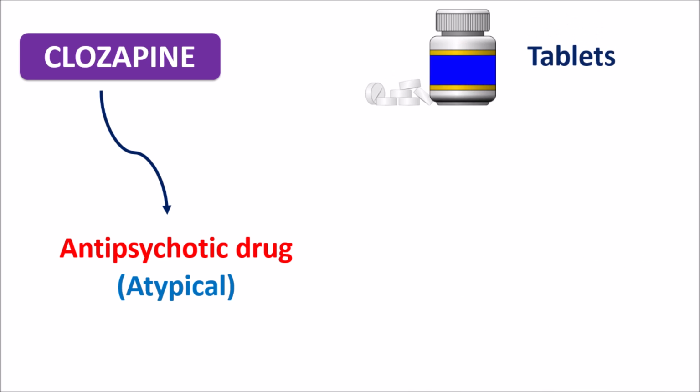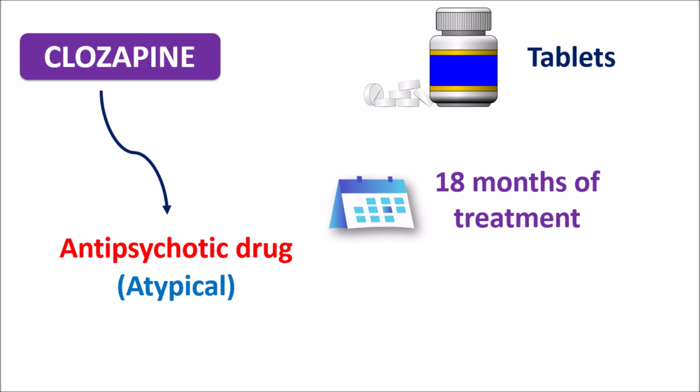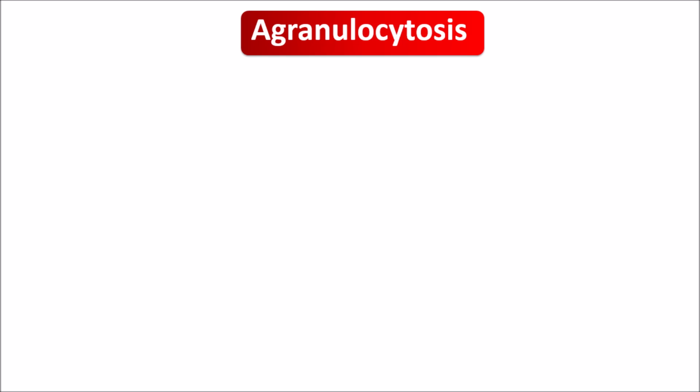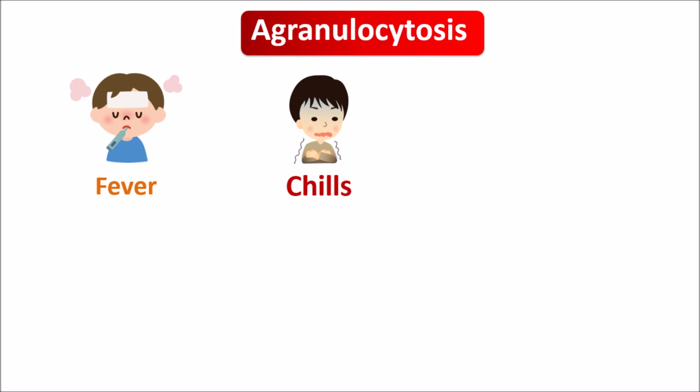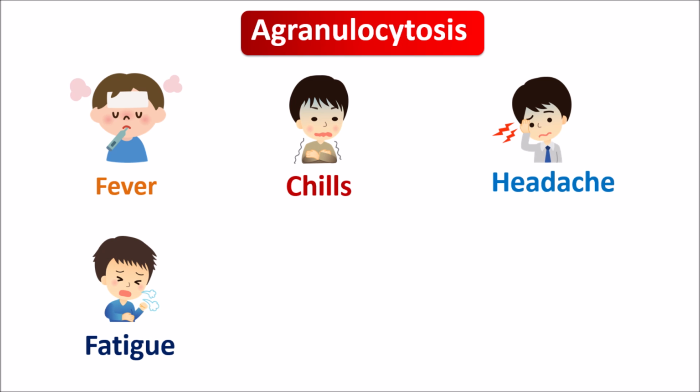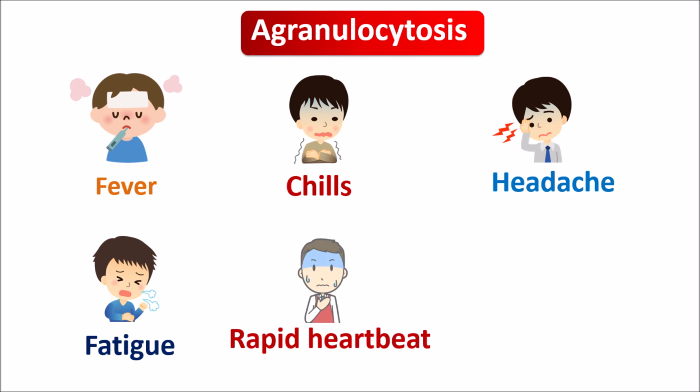This drug is available as tablets, and it can produce agranulocytosis within 18 months of the treatment. So within these 18 months, people may develop neutropenia, the decreased neutrophil count. But in a few people, this neutropenia may develop somewhat earlier. So regular blood tests should be done while using clozapine in order to assess any development of neutropenia in people. With the development of agranulocytosis, a few symptoms like fever, chills, headache, fatigue, weakness, rapid heartbeat, and rapid